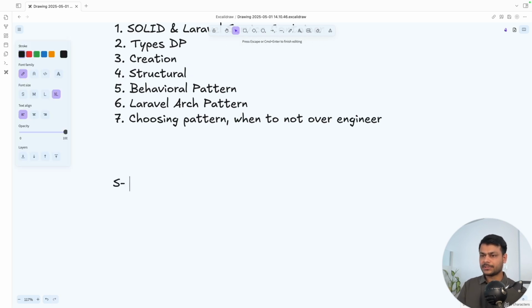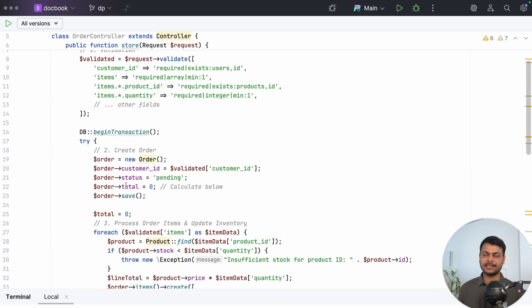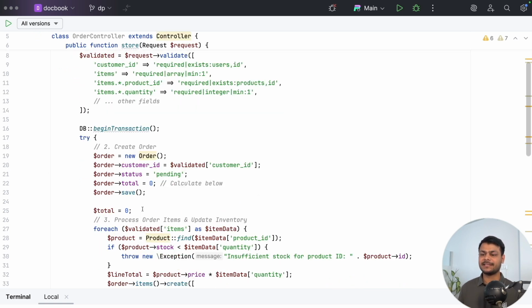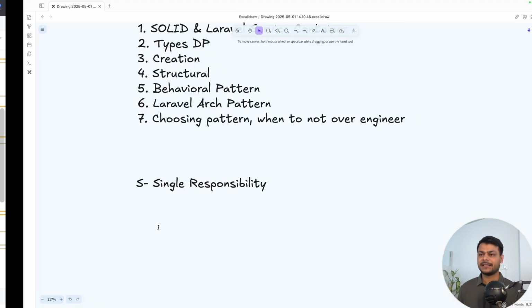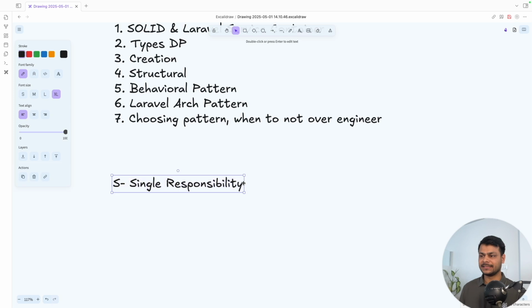The most important principle out of SOLID is S, which stands for single responsibility. What this means is one class should do only one thing. Let's say this controller is a class, right? This controller class should only do one thing, but right now it is doing a lot of things. It is creating orders, validating, all of that stuff, right? So let's first go through all of these and then we'll see how we can apply these principles in that